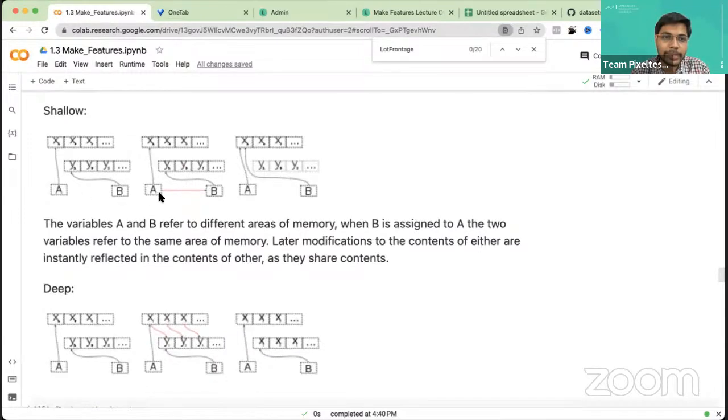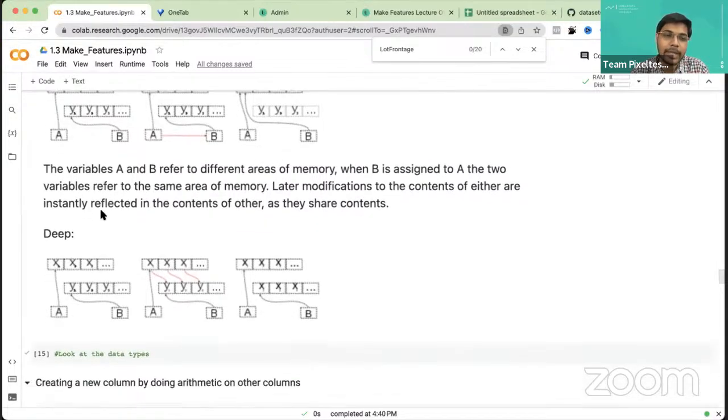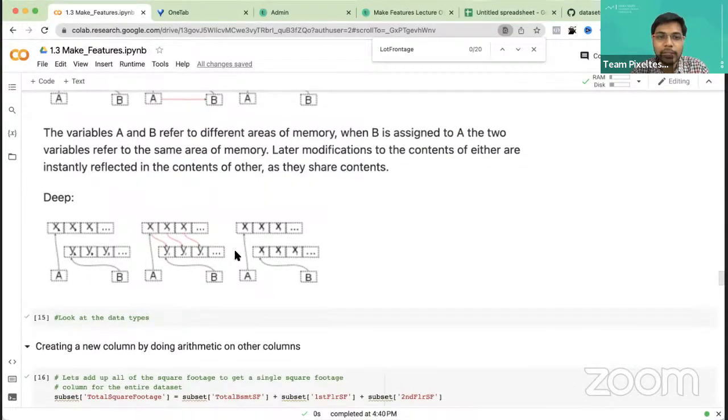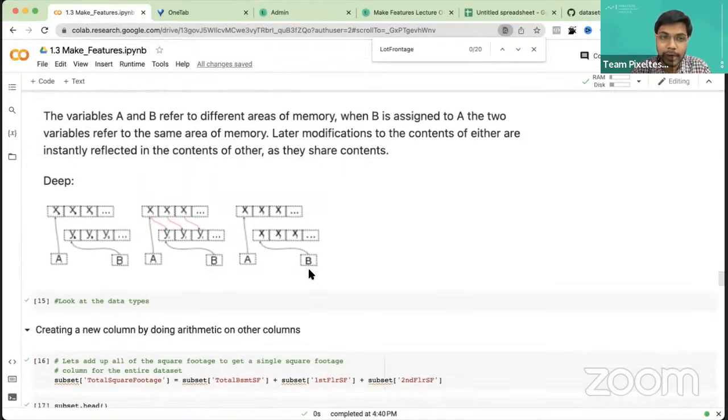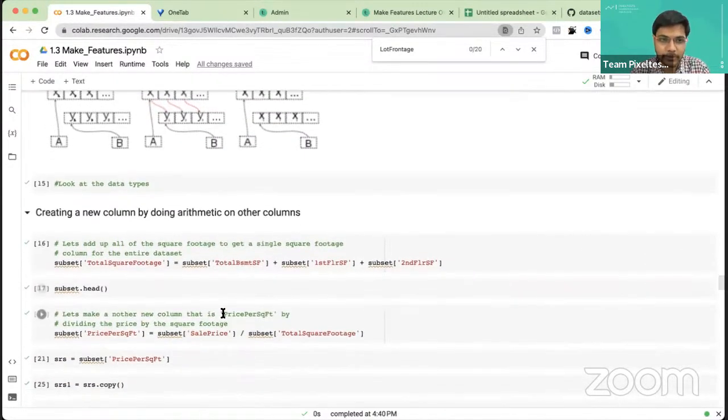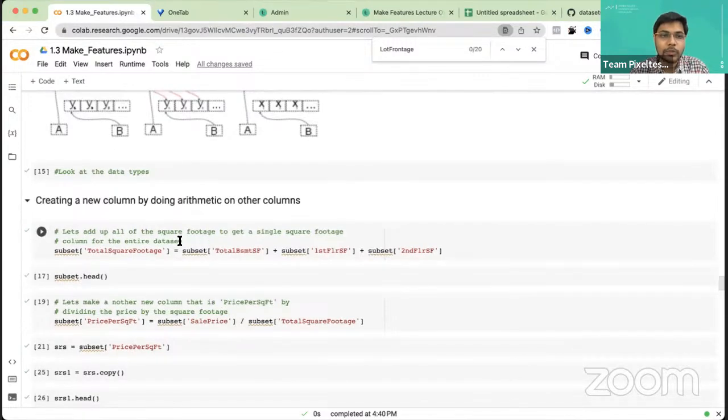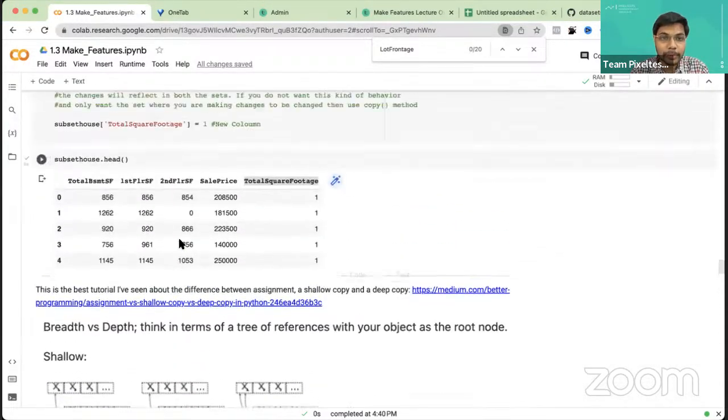A shallow copy means you're just pointing. When you say A is B, you are just pointing A and B both to the same data frame. But when you do a deep copy, you are actually having a separate copy of it in each of them. This is one point that Jay sir explains in the lecture also. Great. So now, coming back,